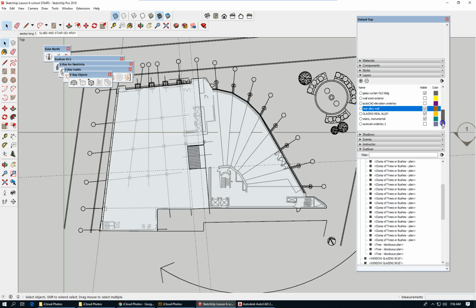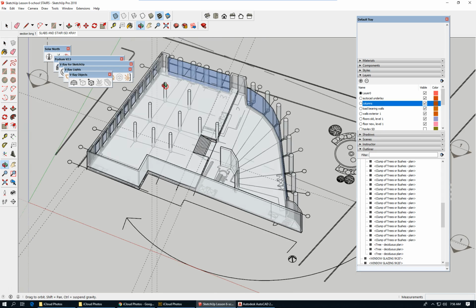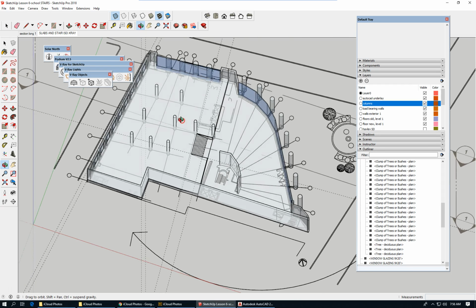We should have a layer of exterior walls. That's basically the perimeter walls. The load-bearing wall system at the center here, and the columns. Right? So that's about what we have modeled so far, and now what we're going to do